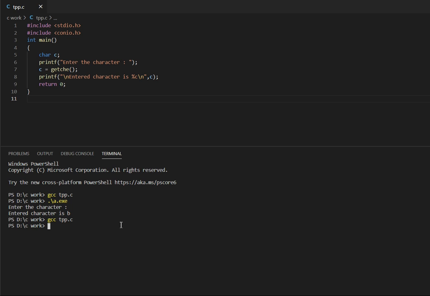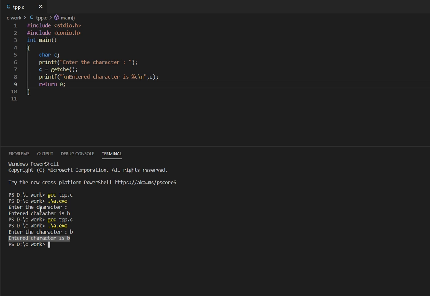There is only one difference, and that's in the output. So let me just compile it and execute it. So I have run this code now. Enter the character. Suppose I enter the character B again. See, the moment I enter the character, getche function will also take that character and it will return the character where it was executed, as they have return type of character. So getche function returned the character here, and as we have assigned it to the character variable, the value got stored, and after the printf got executed, it printed the value of c: entered character is B.